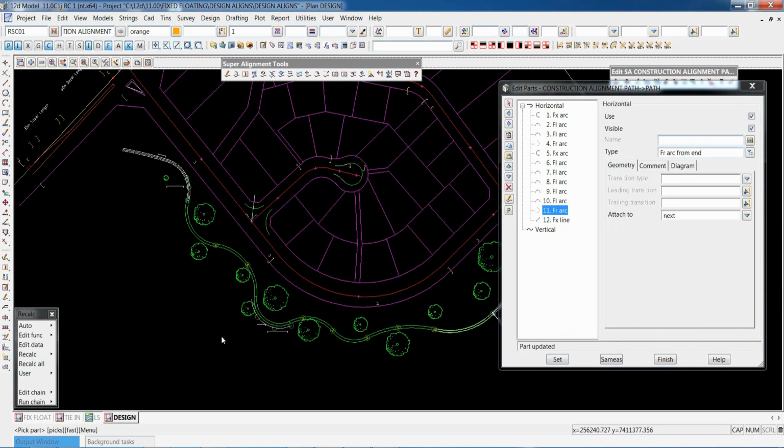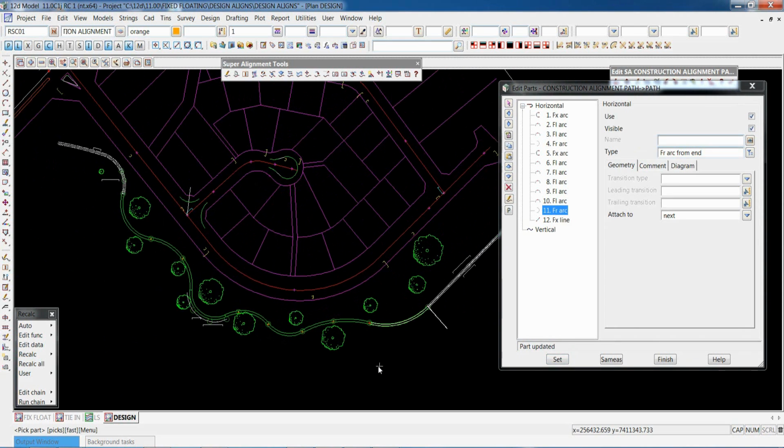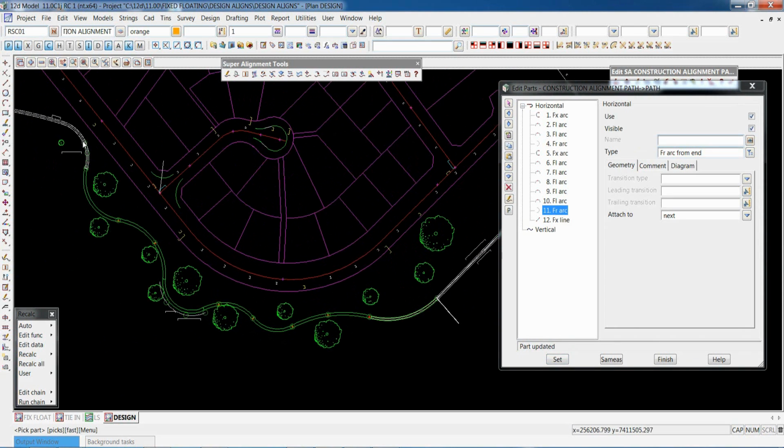That's our free-form design. So basically, using the simple options, starting with a fixed element, floating through the trees, through some critical points, referencing or being offset from a fixed part over here again, and then floating, and then finally finishing up with a free arc between the two solved parts here.